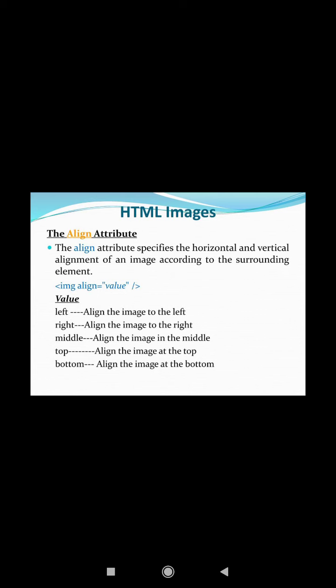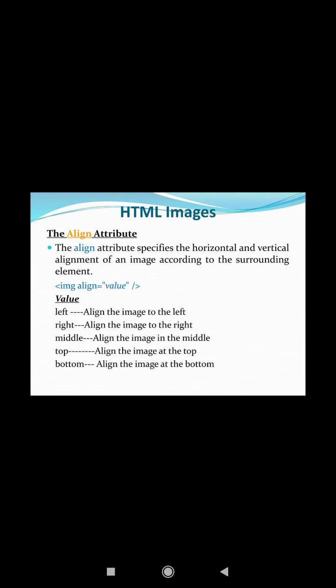How can we give this attribute in HTML? We give the image tag, as you can see on your screen. Then we give align is equals to, then within inverted commas we give the value. In place of value we can give any value, left, right, middle, top, bottom, according to our need.